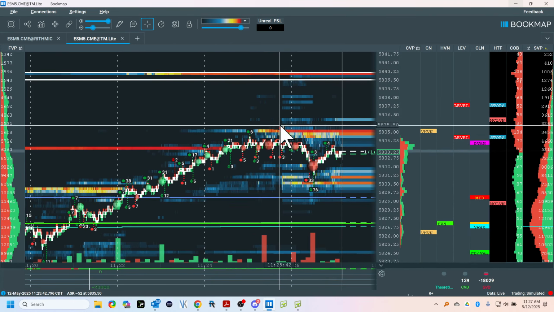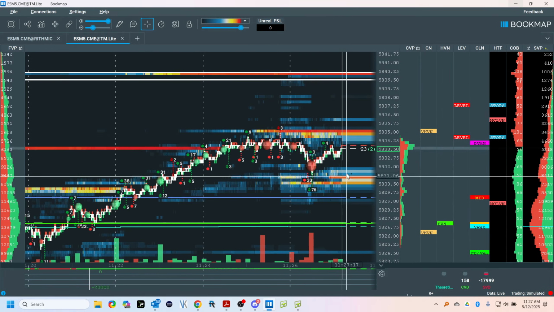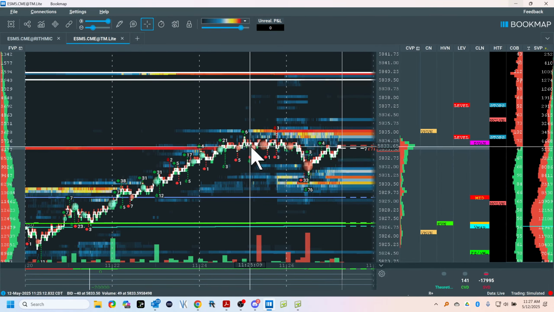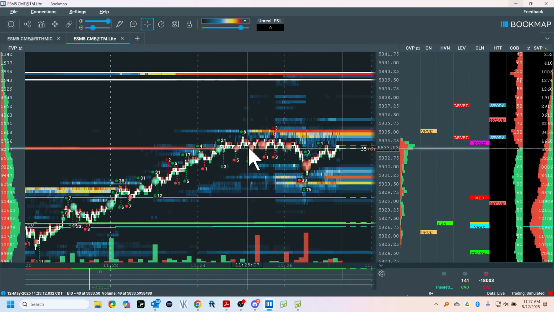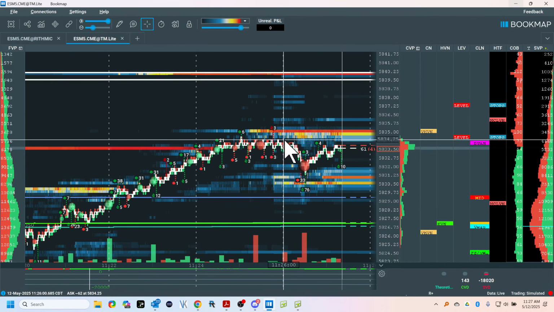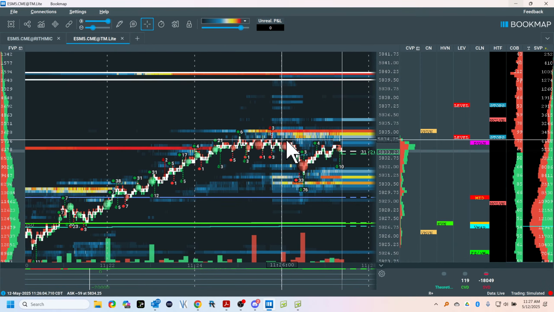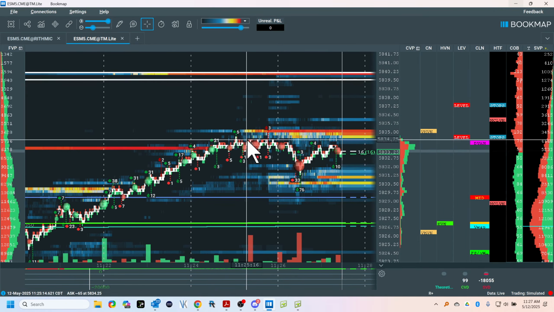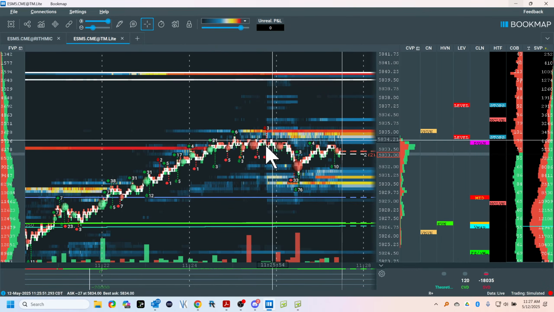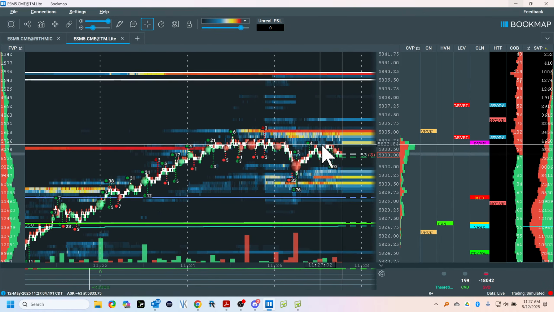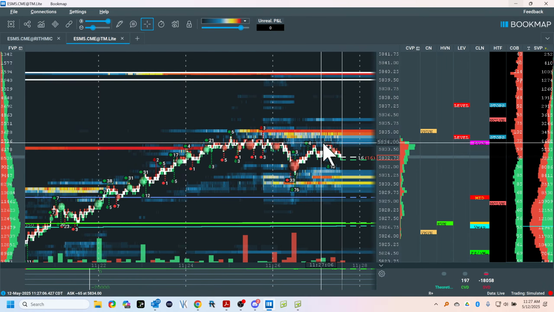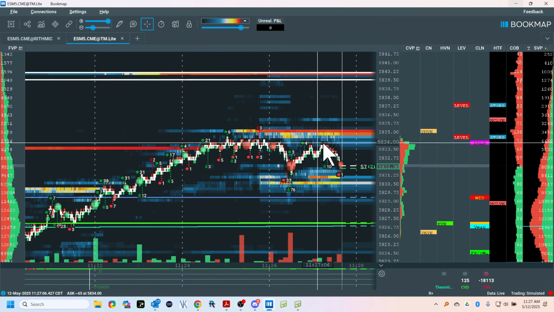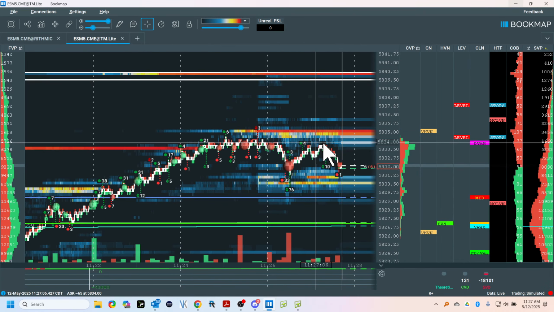Now, is this real or is it just algorithmic? So we see the bracket here, and this is not anything other than a curiosity. So right here, we're just looking at, these are not trade recommendations. I'm not saying I'd do anything here. I'm just saying, let's read it together. So if I know there's sellers here because they're being absorbed, then what might happen right here? It's a question. Does that make sense?